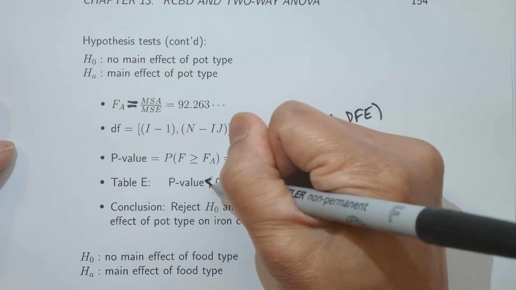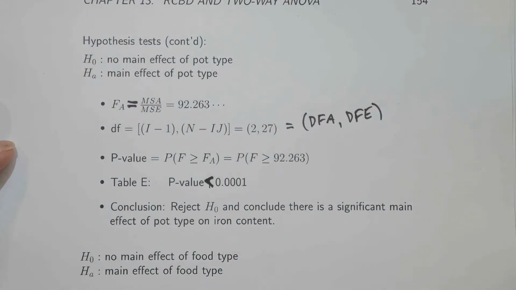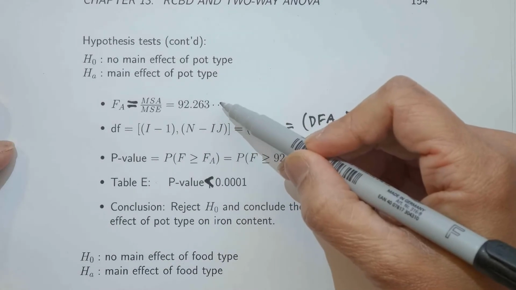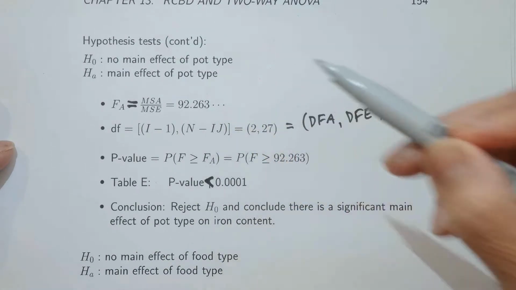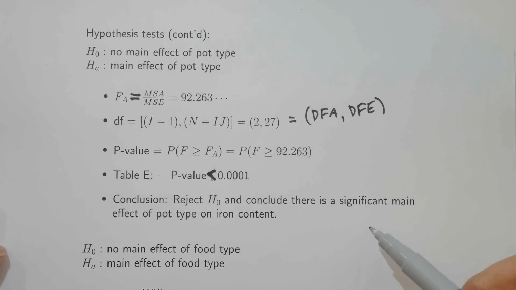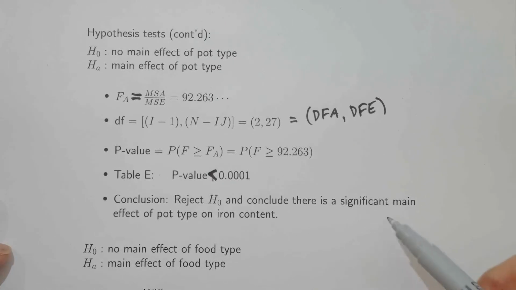And from table E, we get that the p-value is less than 0.0001. So this is highly significant, not surprising. Look how large our F statistic is. So the conclusion is that we reject H naught and conclude there is a significant main effect of pot type